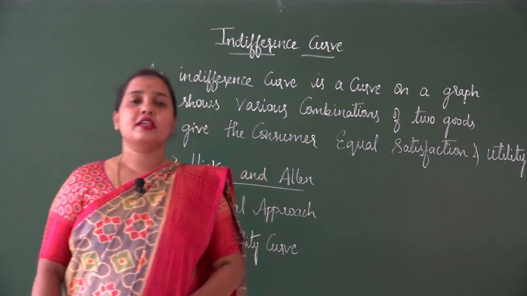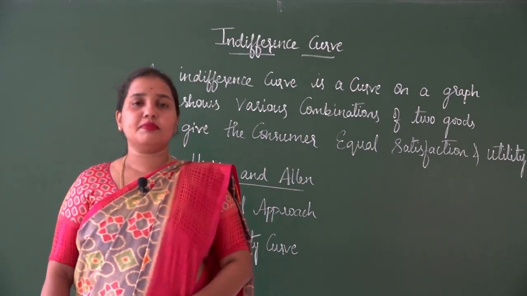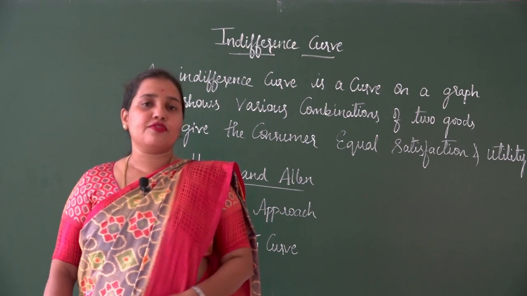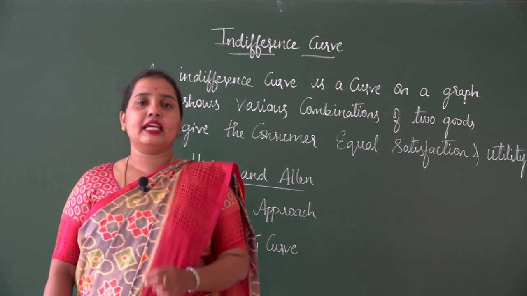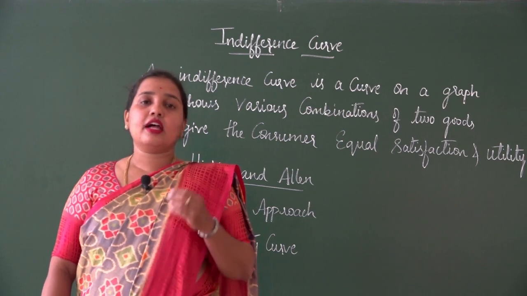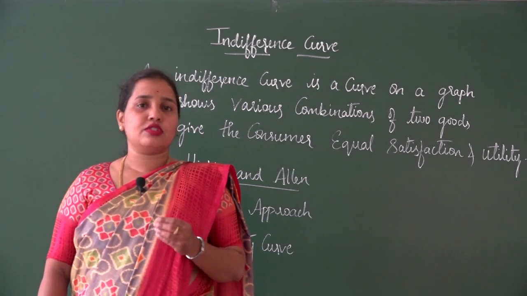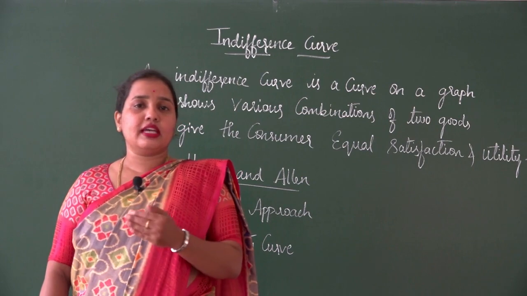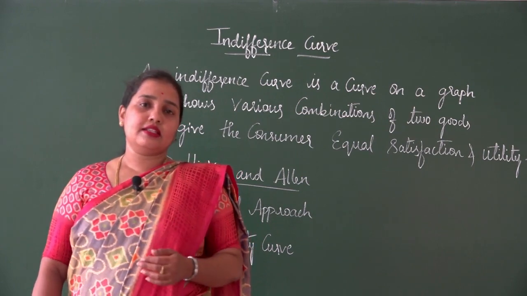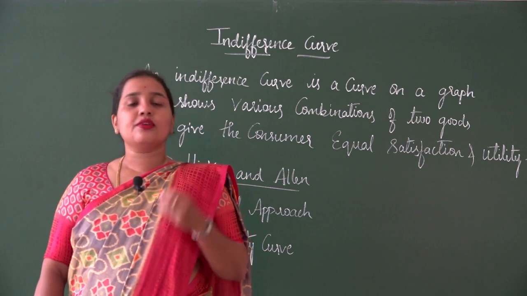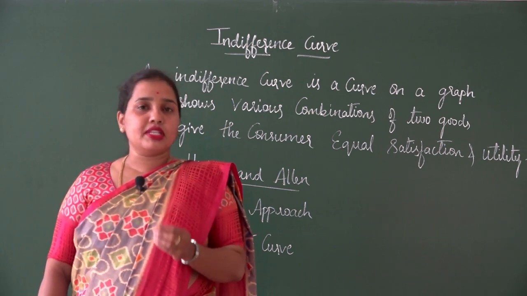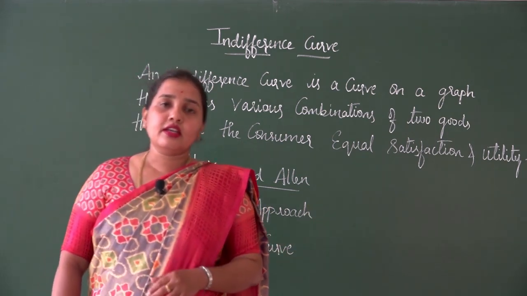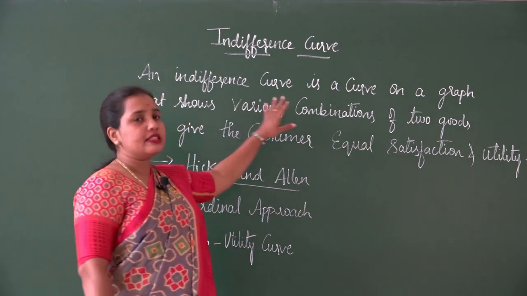Good morning, students. Today we shall take up another interesting concept, indifference curve. When we started understanding some of the basic concepts of consumer behavior and especially utility analysis, we had understood that there are two approaches of utility analysis. Those are cardinal approach and ordinal approach, which is also called as cardinal utility analysis and ordinal utility analysis. In cardinal utility analysis, we had understood the law of diminishing marginal utility. As far as ordinal utility analysis is concerned, here we need to understand indifference curve.